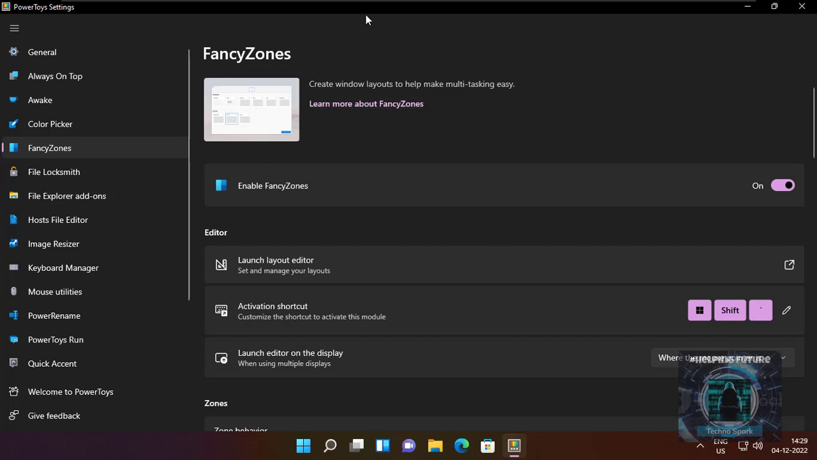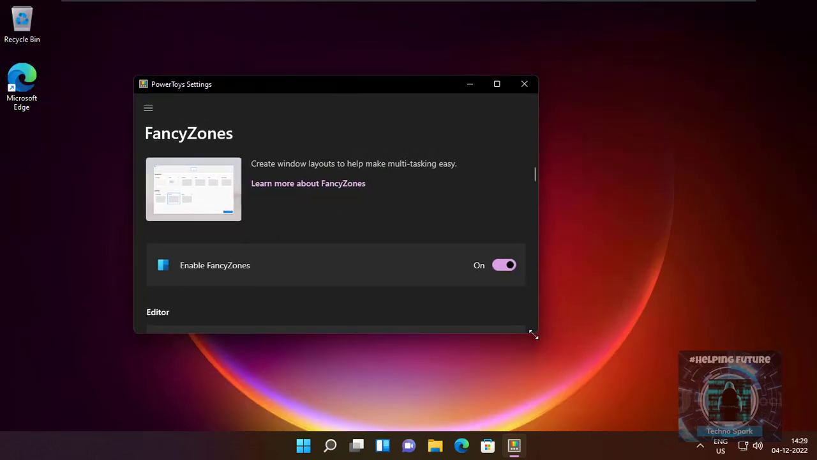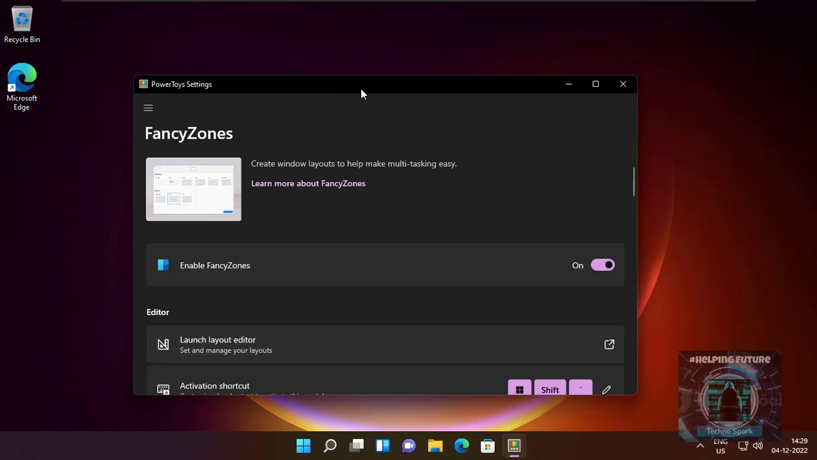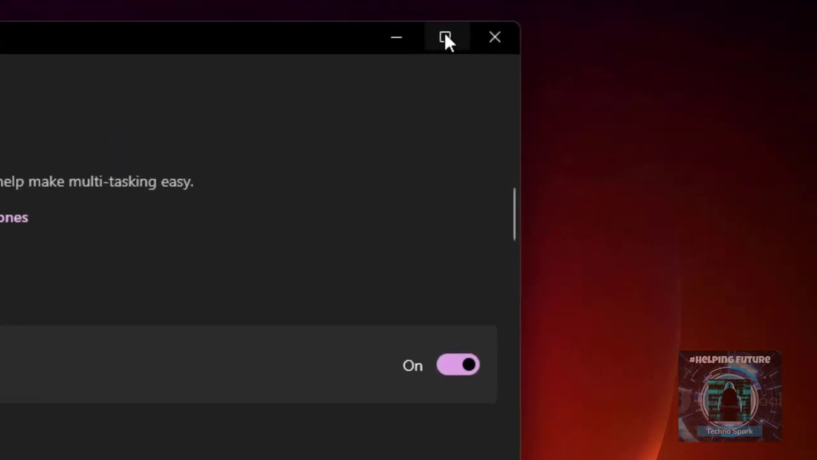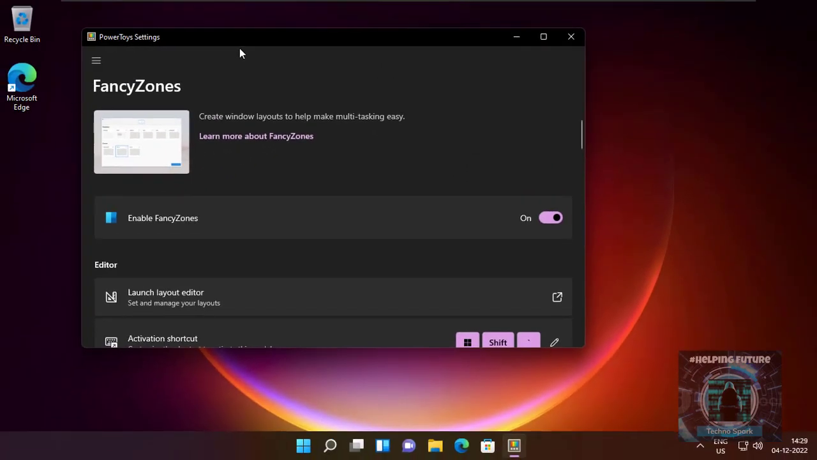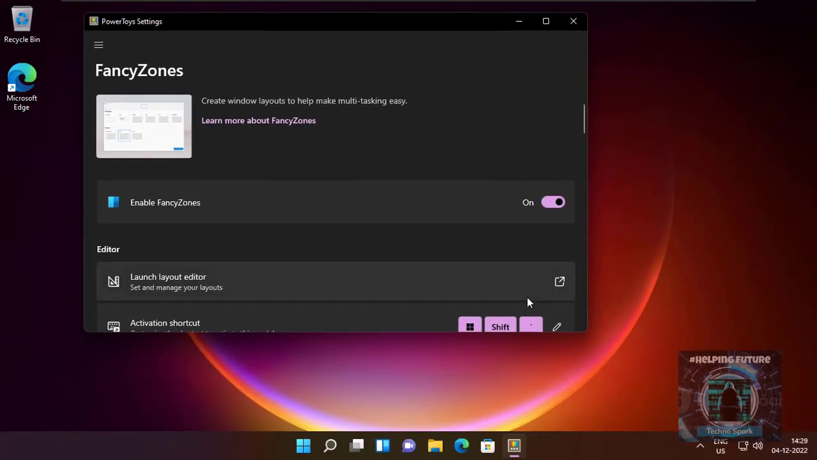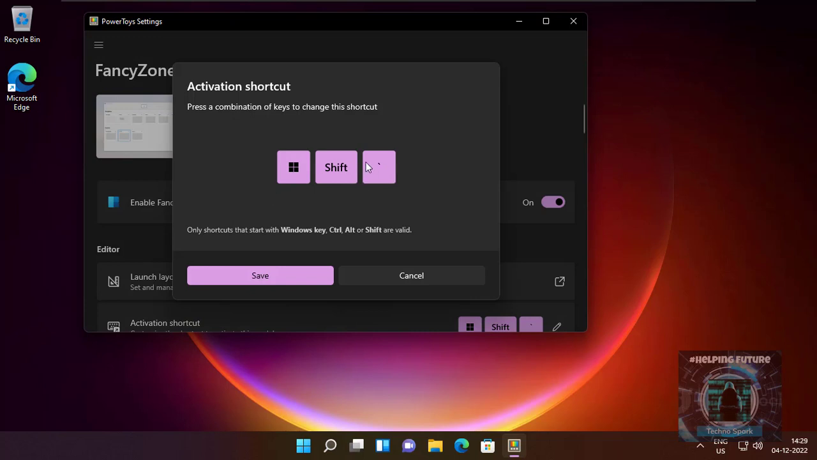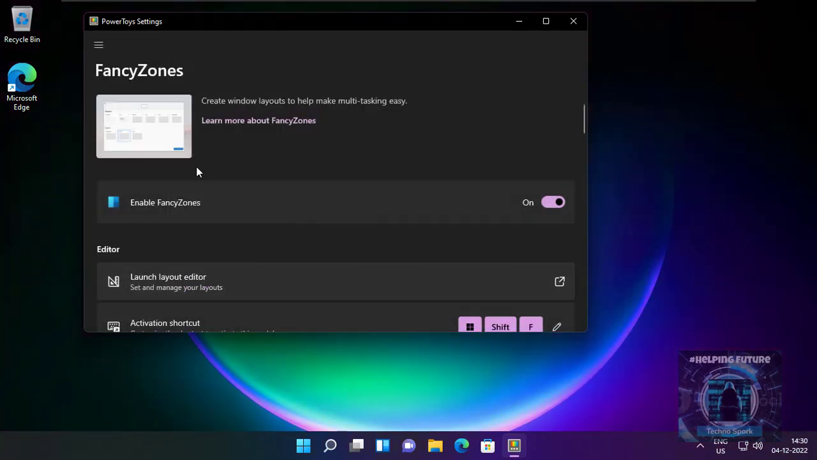FancyZones is basically the beefier version of the multitasking tool which is provided with Windows 11. So when you hover around this maximize button, you'll get all these options to multitask. But this takes it to another level. I'll just change the shortcut because this kind of gets a bit in the way. So I'll just do Start, Shift and F, F for FancyZones. And let's click on Save. So now when I put Start, Shift, F,